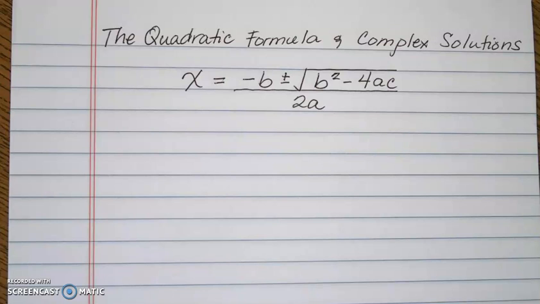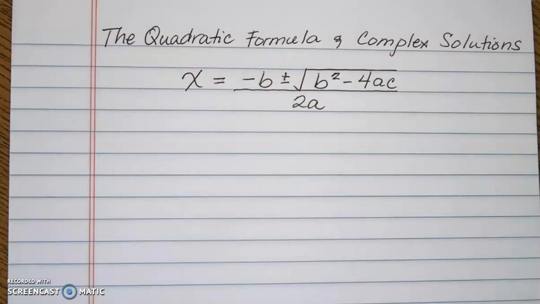Hello everyone, welcome back. Today we're going to be discussing the quadratic formula and complex solutions. So let's begin. The quadratic formula is negative b plus or minus the square root of b squared minus 4ac